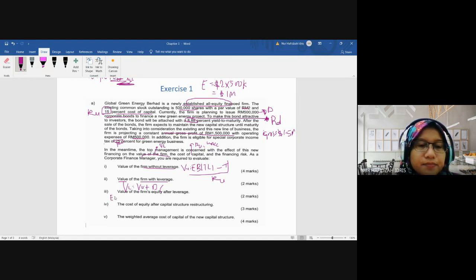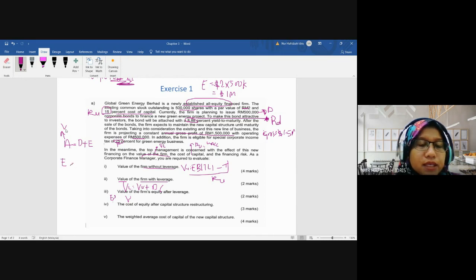So E is how much? Okay. So how to find E? V, actually if we look, asset equals debt plus equity. In the balance sheet side it should be like this, right? So the asset equals debt and equity. I said the asset is our V, the value of the firm. So rearrange this formula in order to find E, because the question asks you to find E. Okay, value of E. Therefore E equals